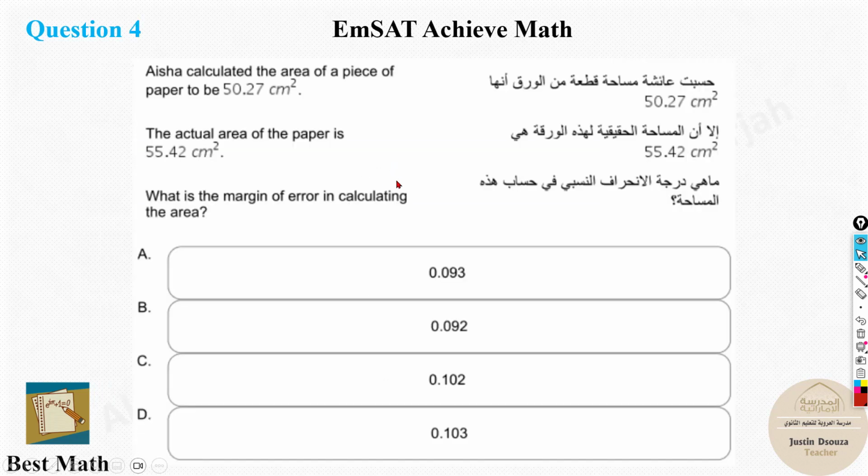And next one. Okay, what about this? Aisha calculated the area of a piece of paper to be 50.27 centimeters square. The actual area of the paper is 55.42 centimeters square. What is the margin of error in calculating the area? Now, there is a formula to be remembered for margin of error. So I'll write it over here. E equals